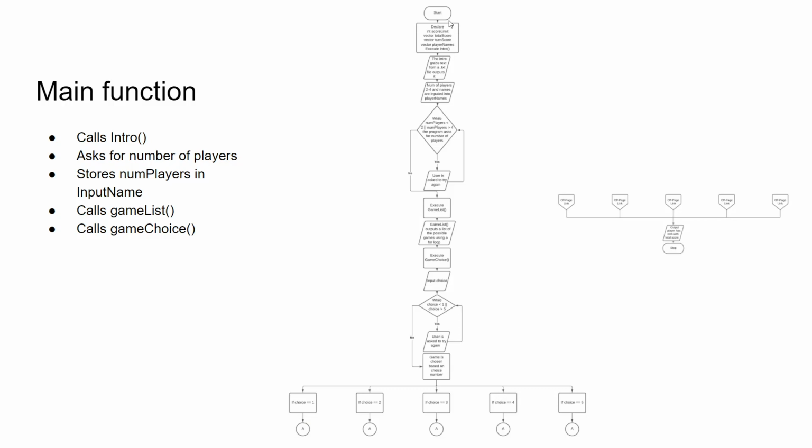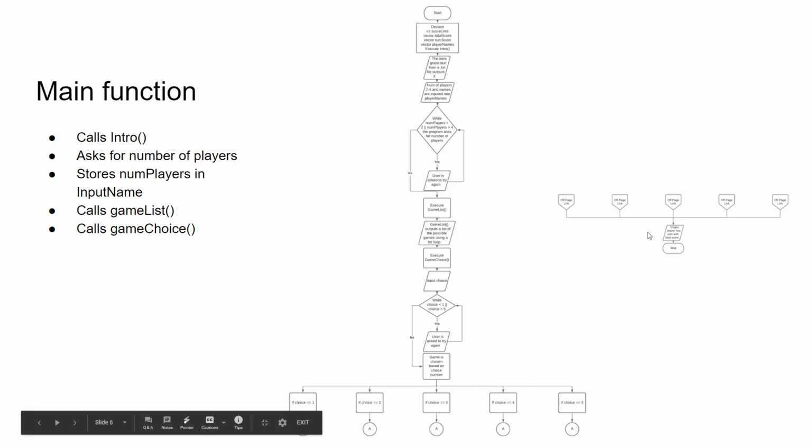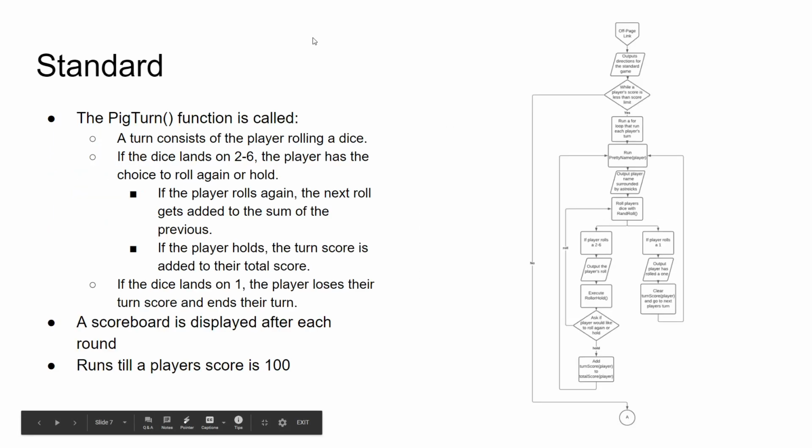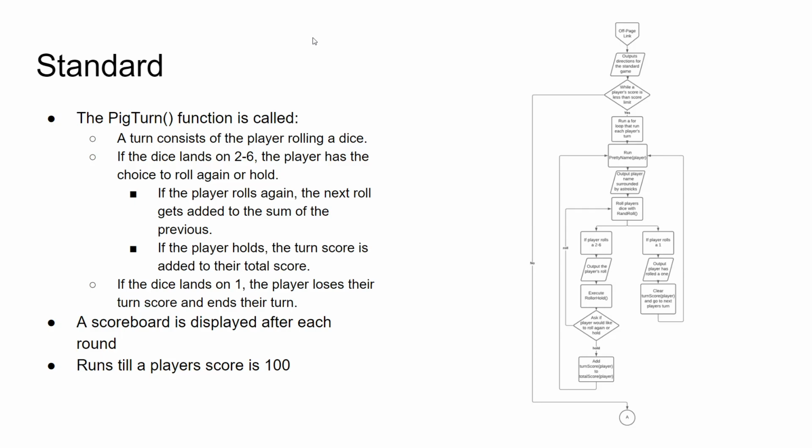On the right here, we have our final flowchart that has the main function, the beginning and the end. If the player picks the first choice in the game list, it brings them to standard. Standard is pretty much the standard Pig game talked about at the beginning of the presentation, where if you roll 2 through 6, you can roll again or hold, and if you roll 1, you lose your turn score and